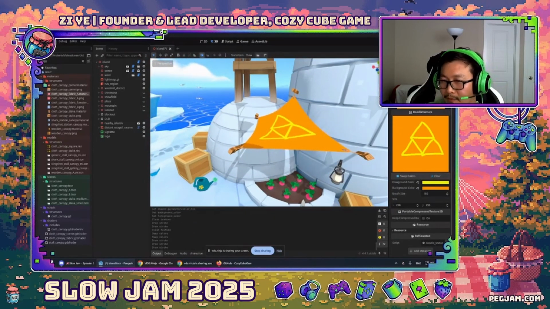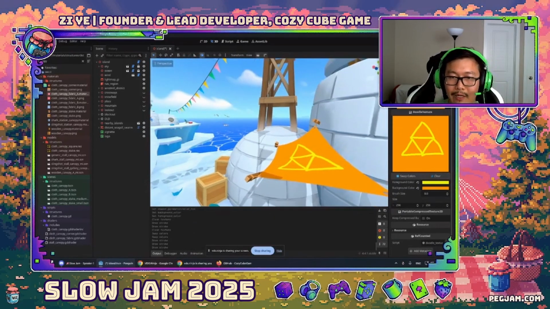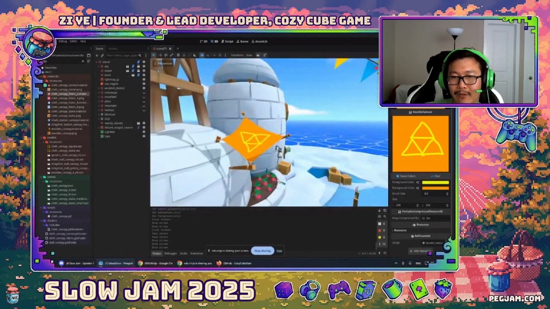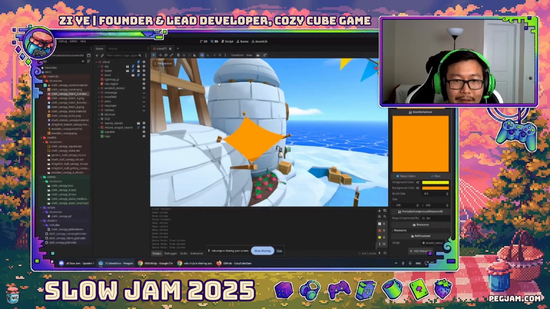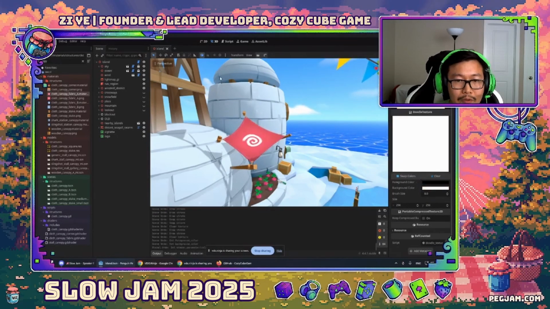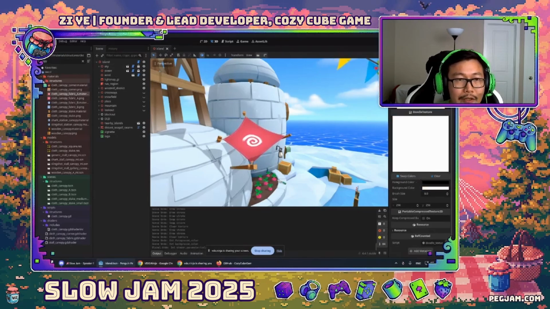So yeah, this is doodle texture, just a very quick prototyping sort of utility. You can use it to draw signs and things like that. Yeah, so that's doodle texture. Just undo all of that. And next,